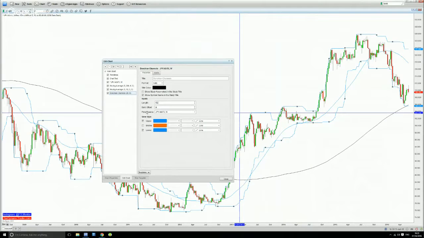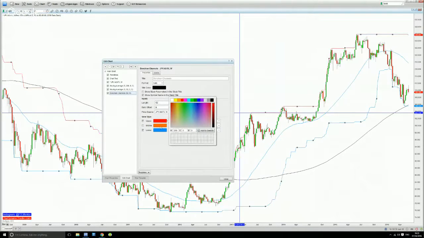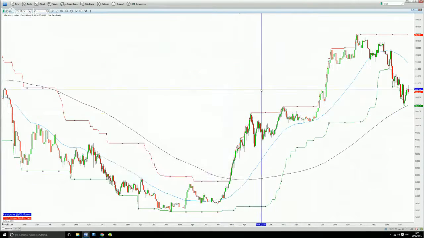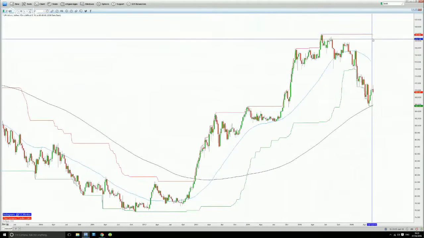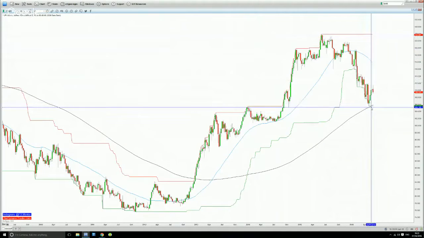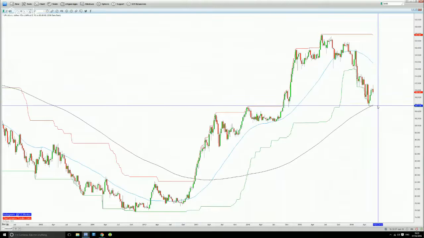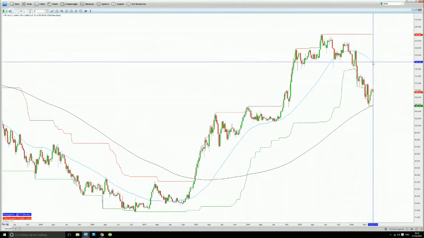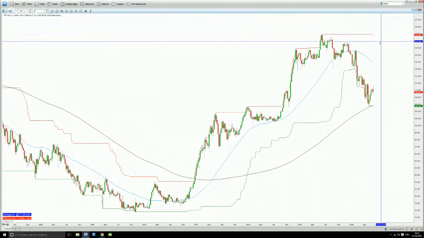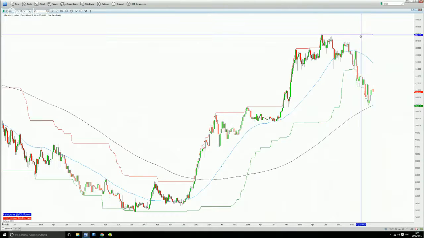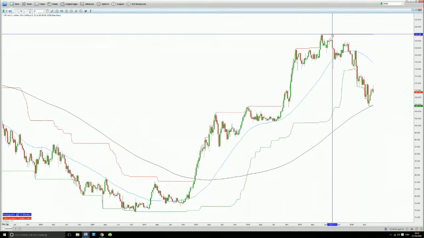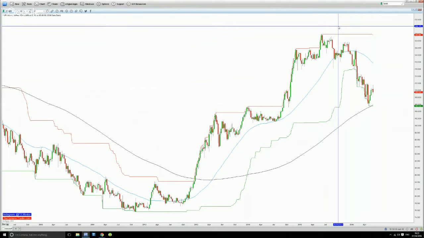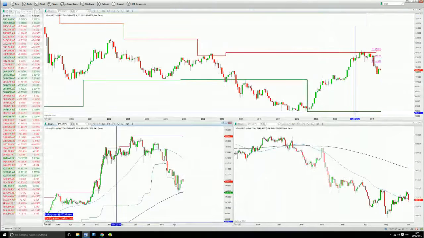I'm going to change this to 52 weeks. Let's change the color: let's make the upper red and the lower green. There you go. So you've now got the 52-week high and the 52-week low. We need to see price breaking through them. If price corrects to the upside, I don't want to take any trades until it breaks through the highest point on the chart, which is currently the 52-week high, around that level there. So we want to be above the 52-week high.